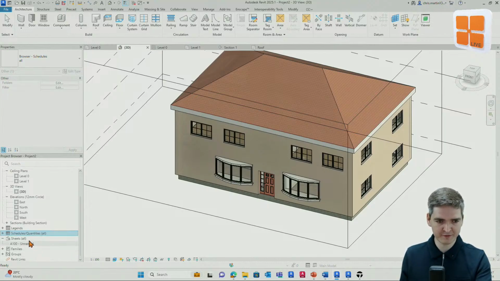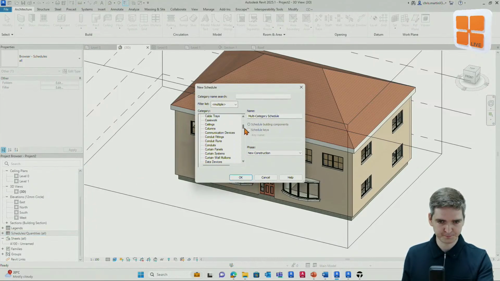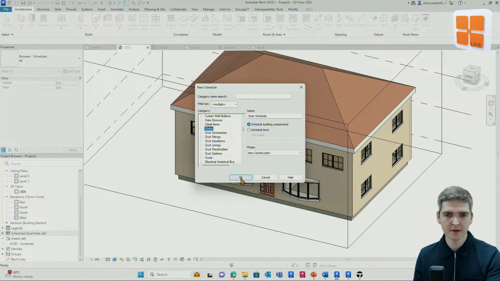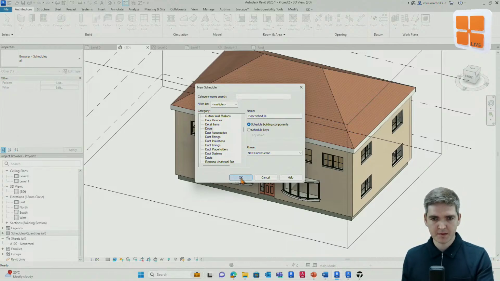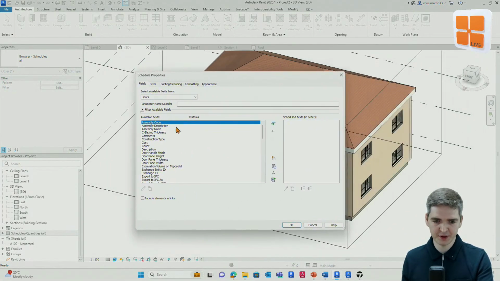So we're going to have a quick look at creating a door schedule. So I'm just going to come over here to my project browser and create a new schedule. I'm going to say doors. So as I added different types of doors, this will give a good representation of the kind of information that we can see. And press OK. And then once we've started the creation of that schedule, we have